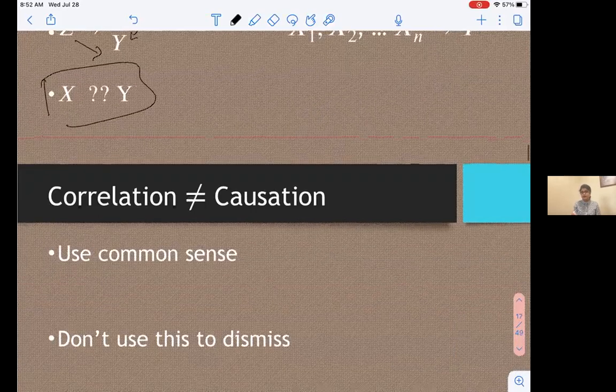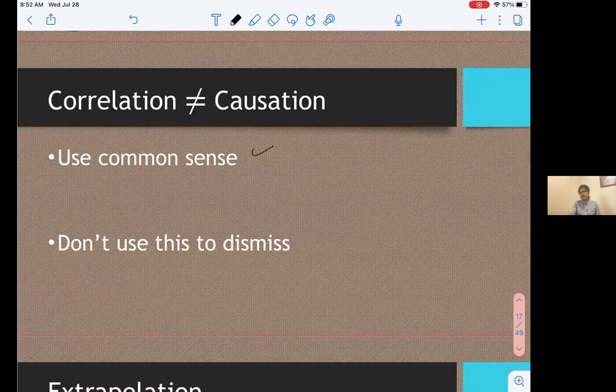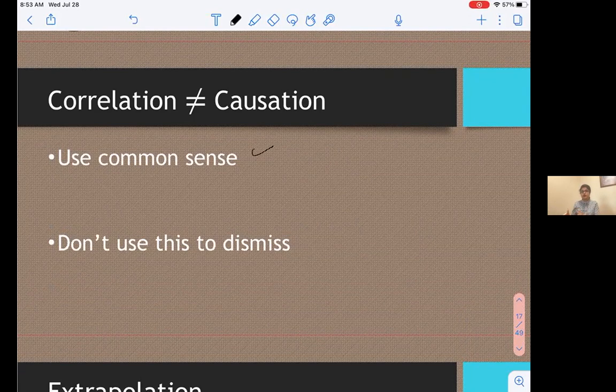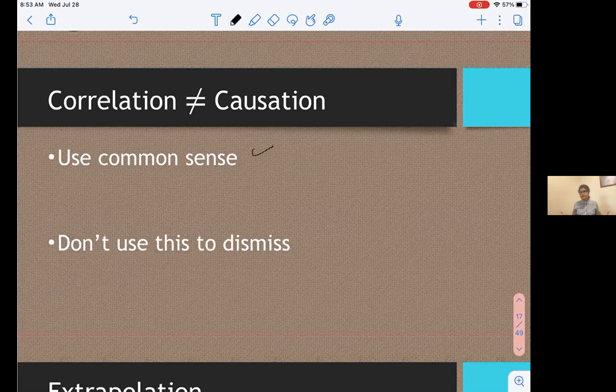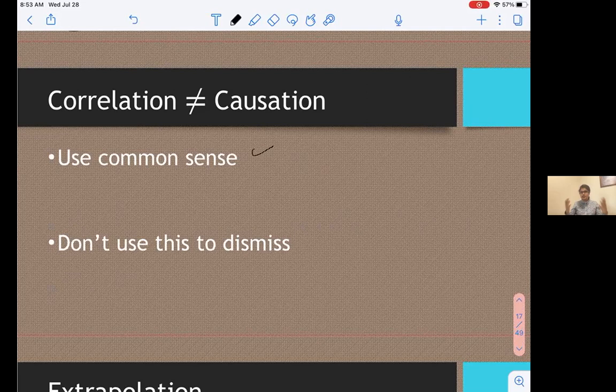So sometimes we use some common sense, like I gave you an example for the number of churches and the crime rate. For sure, it is common sense that the number of churches or mosques in any county does not increase the rate of crime. This is not actually the cause for the crime rate in that county. This is our common sense, but it could be other factors. Sometimes we can judge by looking at our data that this cannot be the cause for the change in